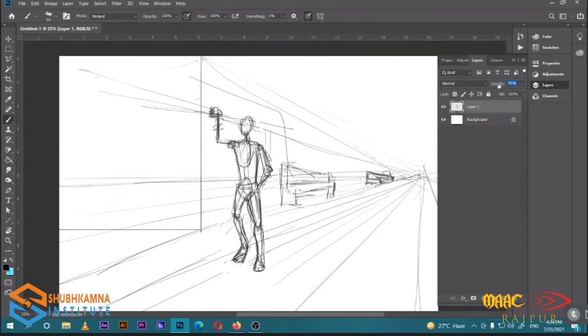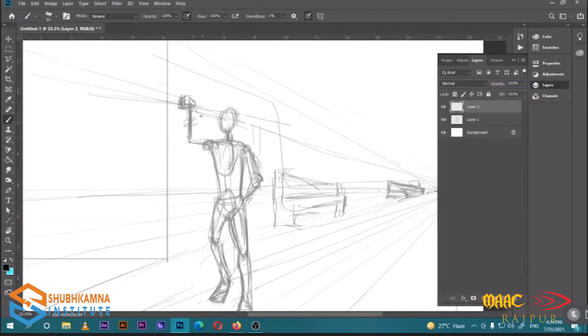Now put opacity a little bit less in order to add some more details in your character. Put it like 50% opacity, and then start painting over the character again.